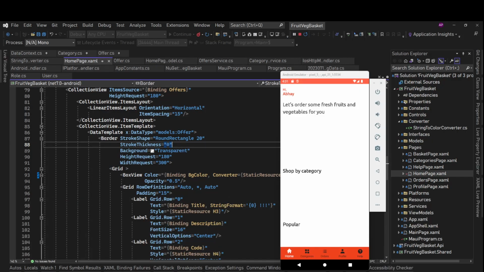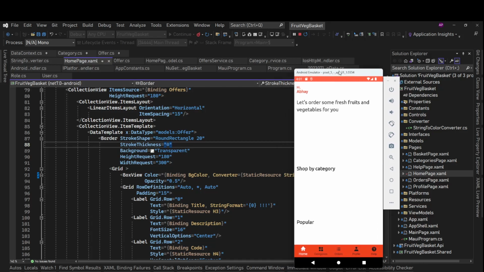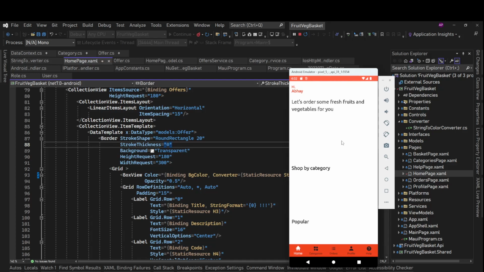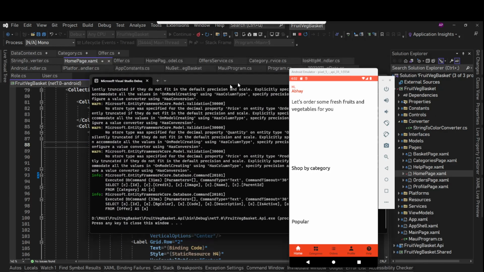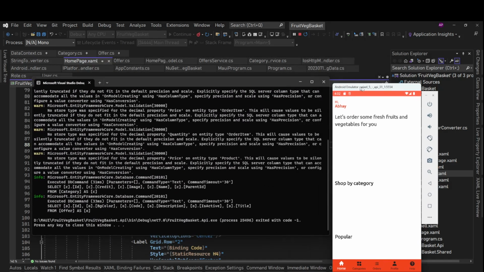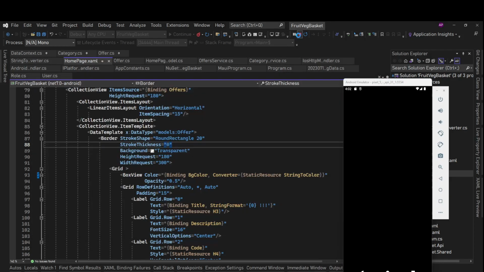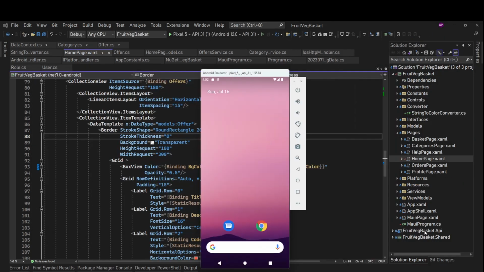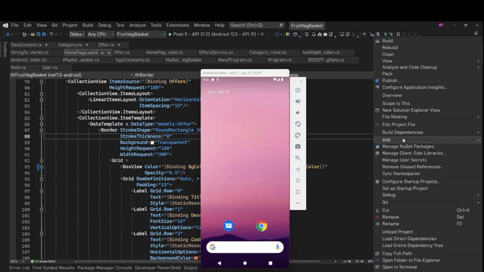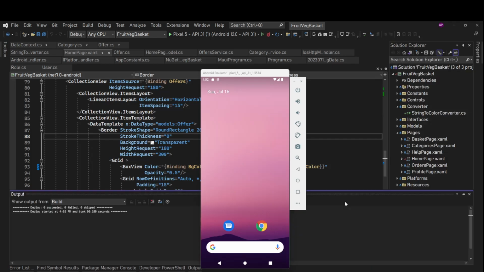App is here, something is happening, but the screen does not show anything. We should have some loader here, an activity indicator showing that something is happening. Where is our API? Is our API doing something? Oh, our API is not running. This is going to error out. Stop it. Let's run the API. So we definitely need that activity indicator for sure. We'll do that. Run the API and now the API is running.